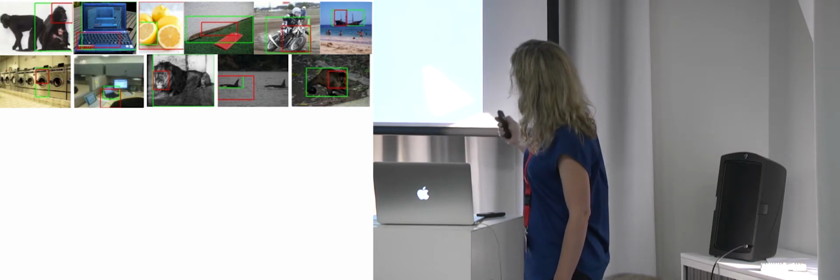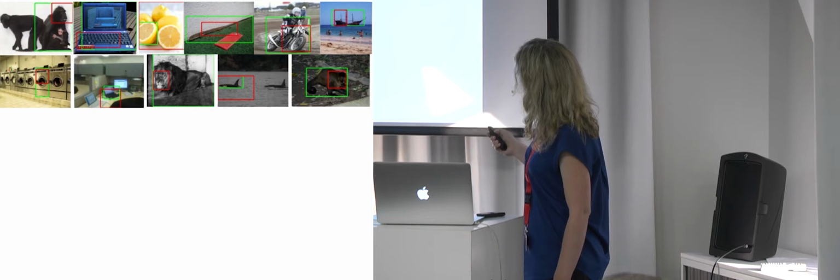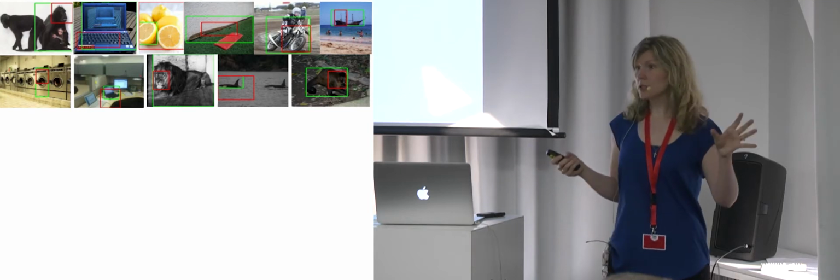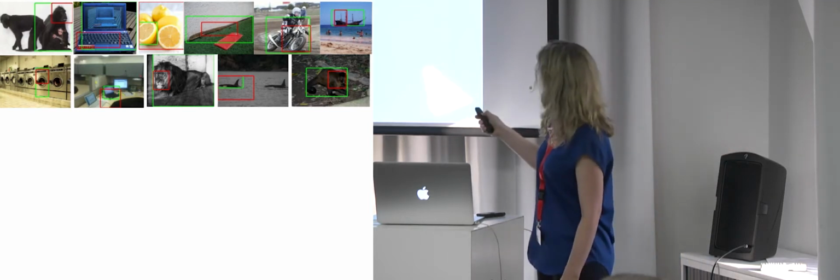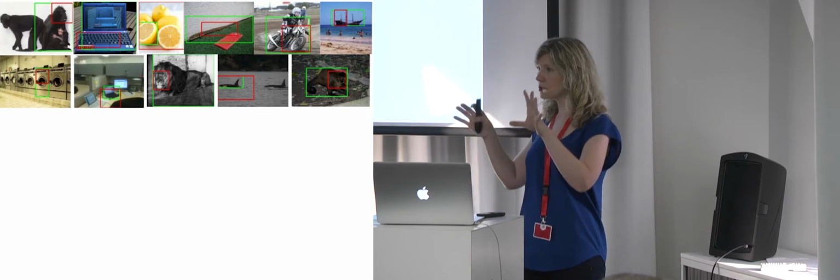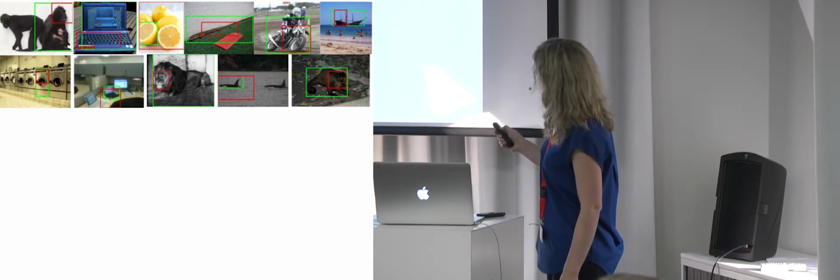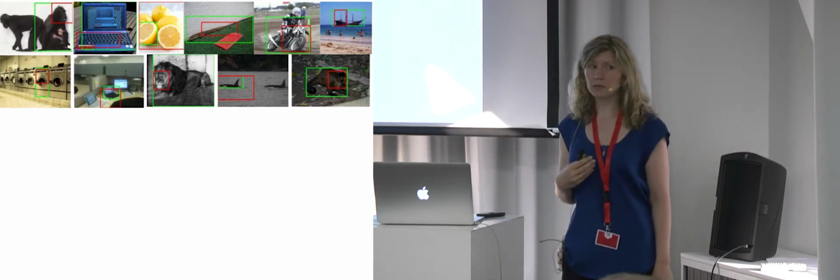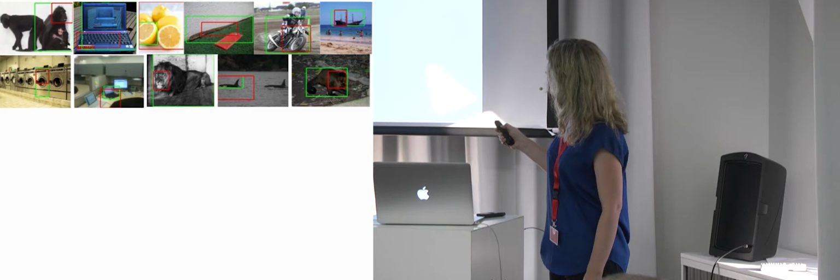Here are some example test images, and I'm showing in red the bounding boxes that we get if we just run the classification network on the regions. We take the image, produce lots of regions, run the classification network on each region, and take the highest response. The red bounding box is the result that had the highest response for this category of whale, and as you can see, it doesn't localize the object very well, whereas green is our adapted network for detection, and it localizes the object much better.